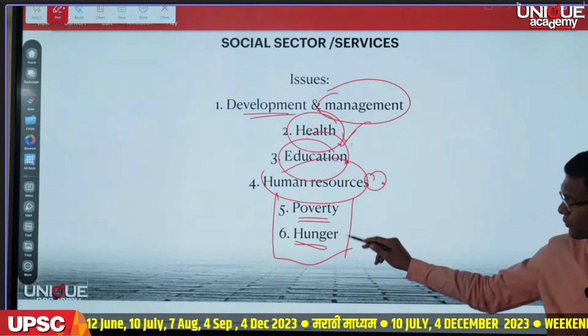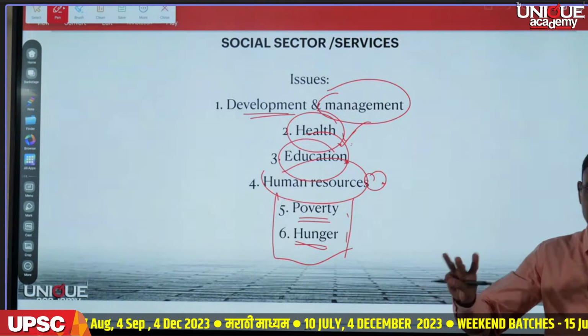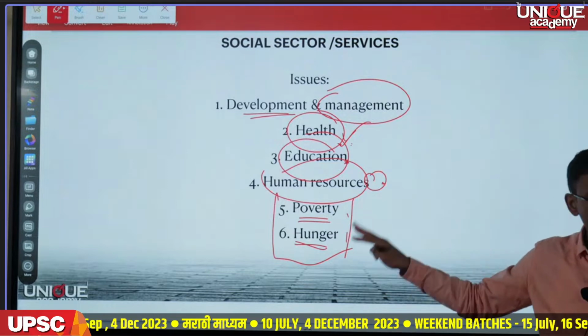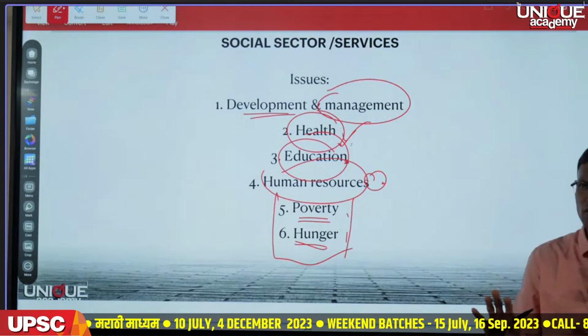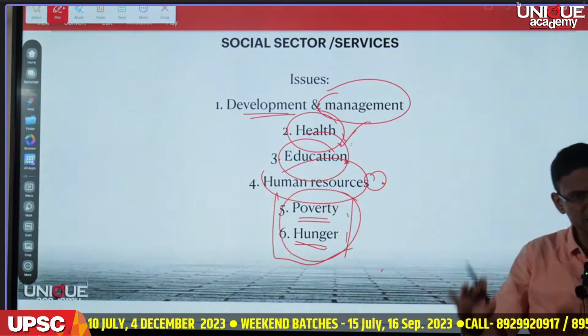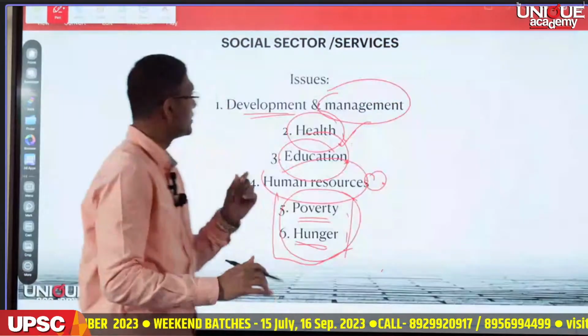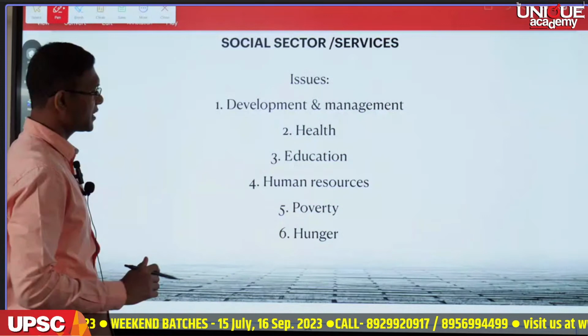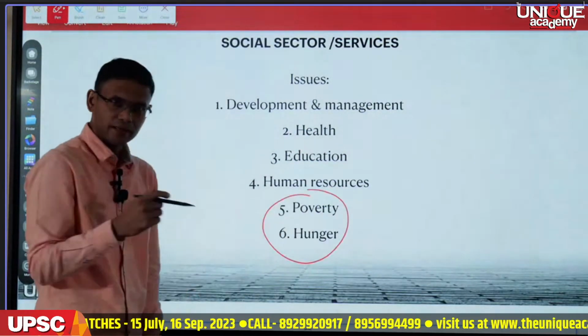At least for these 2 points, in paper 1, paper 2, and paper 3, poverty and hunger finds a place. What will we do? We will simply prepare poverty and hunger from a basic point of view and keep that ready. And then we will see, if the question comes in paper 2, poverty and hunger is to be explained